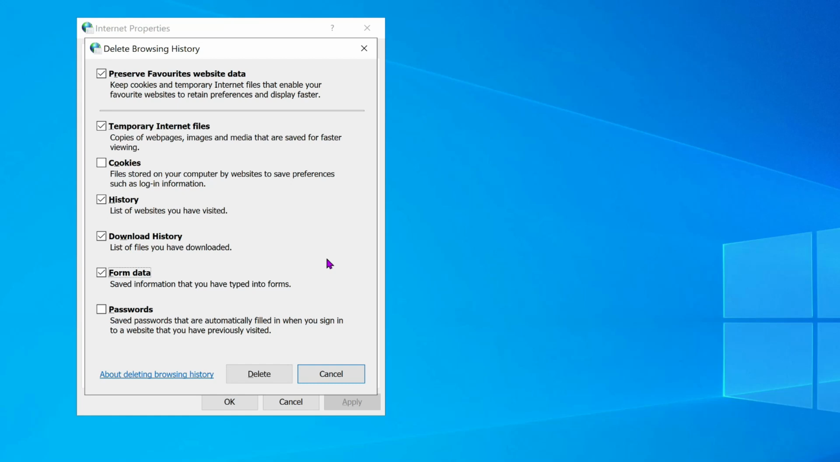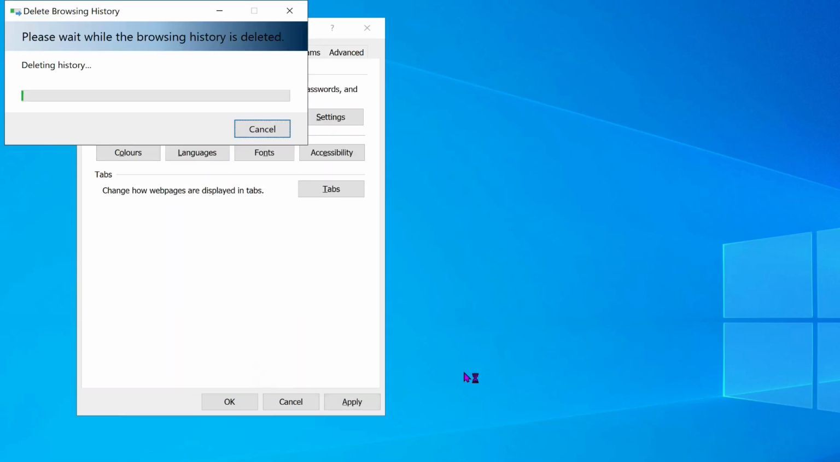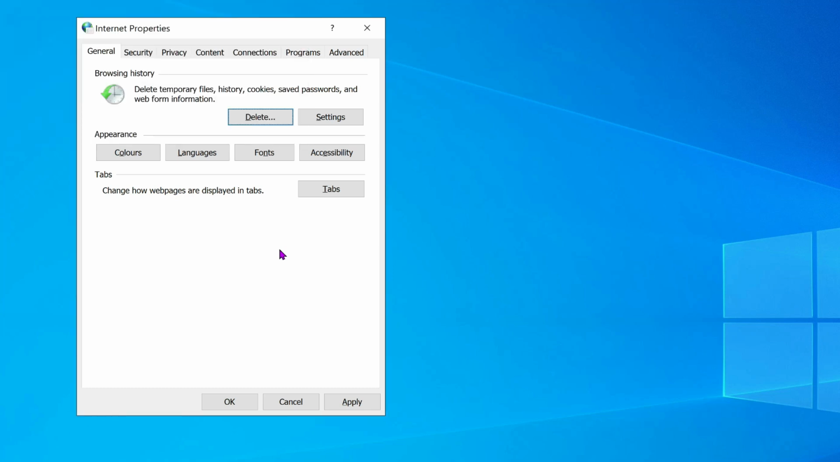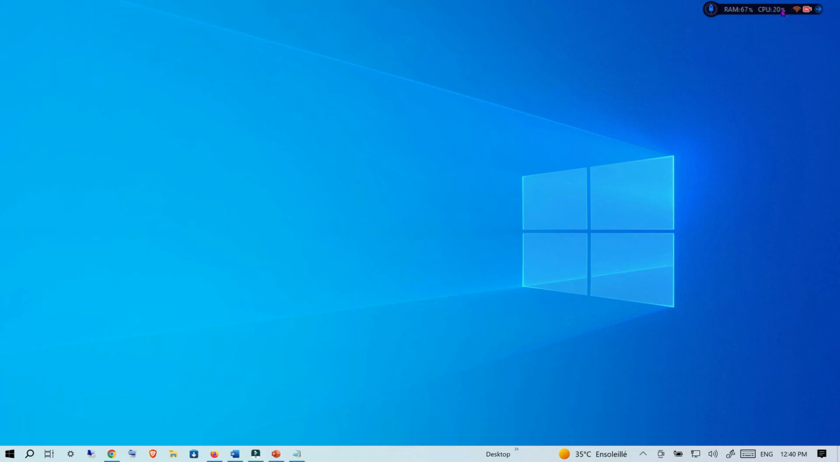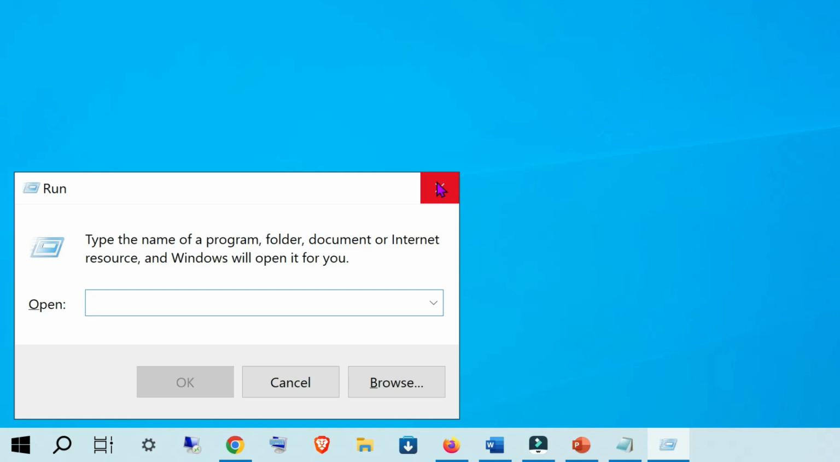Is your browser feeling sluggish or taking too long to load your favorite pages? I will show you a method to optimize your performance by resetting your network related browser settings. For this you need to click Windows plus R on your keyboard and now type